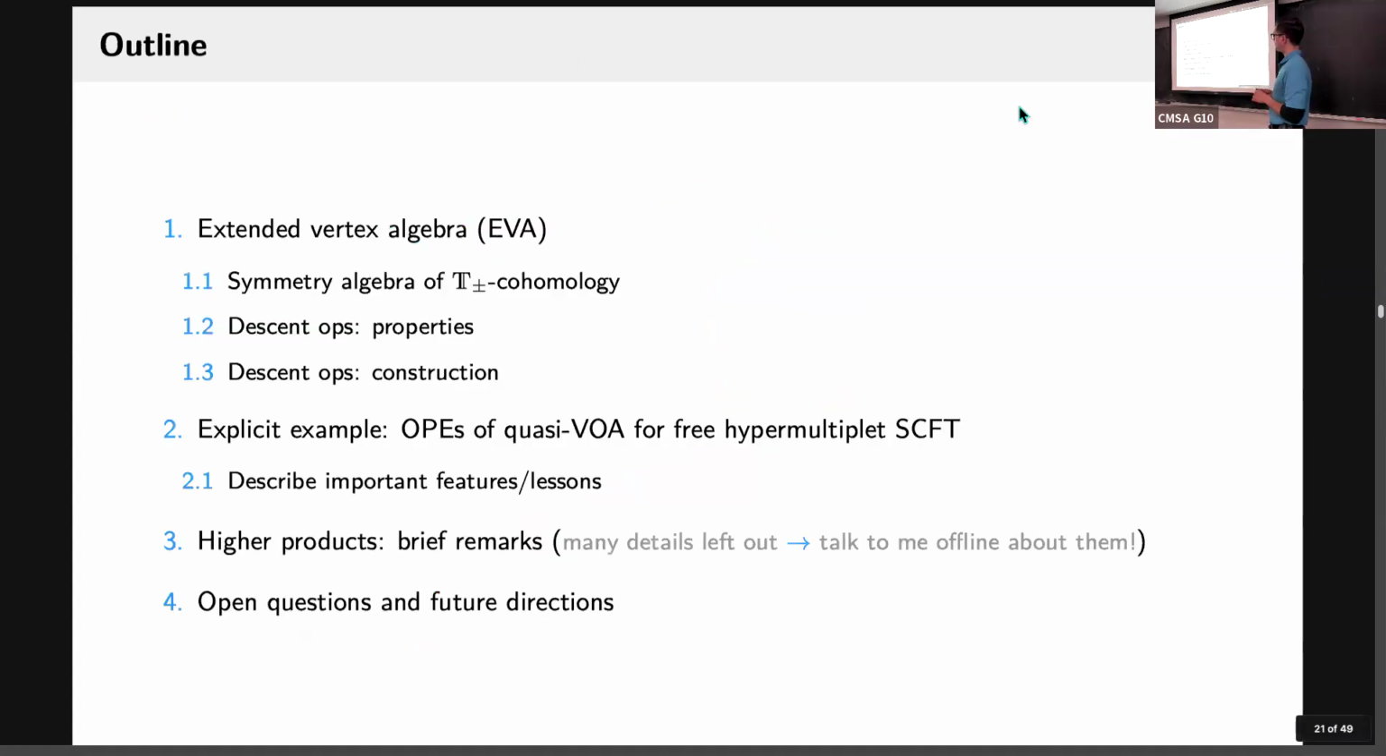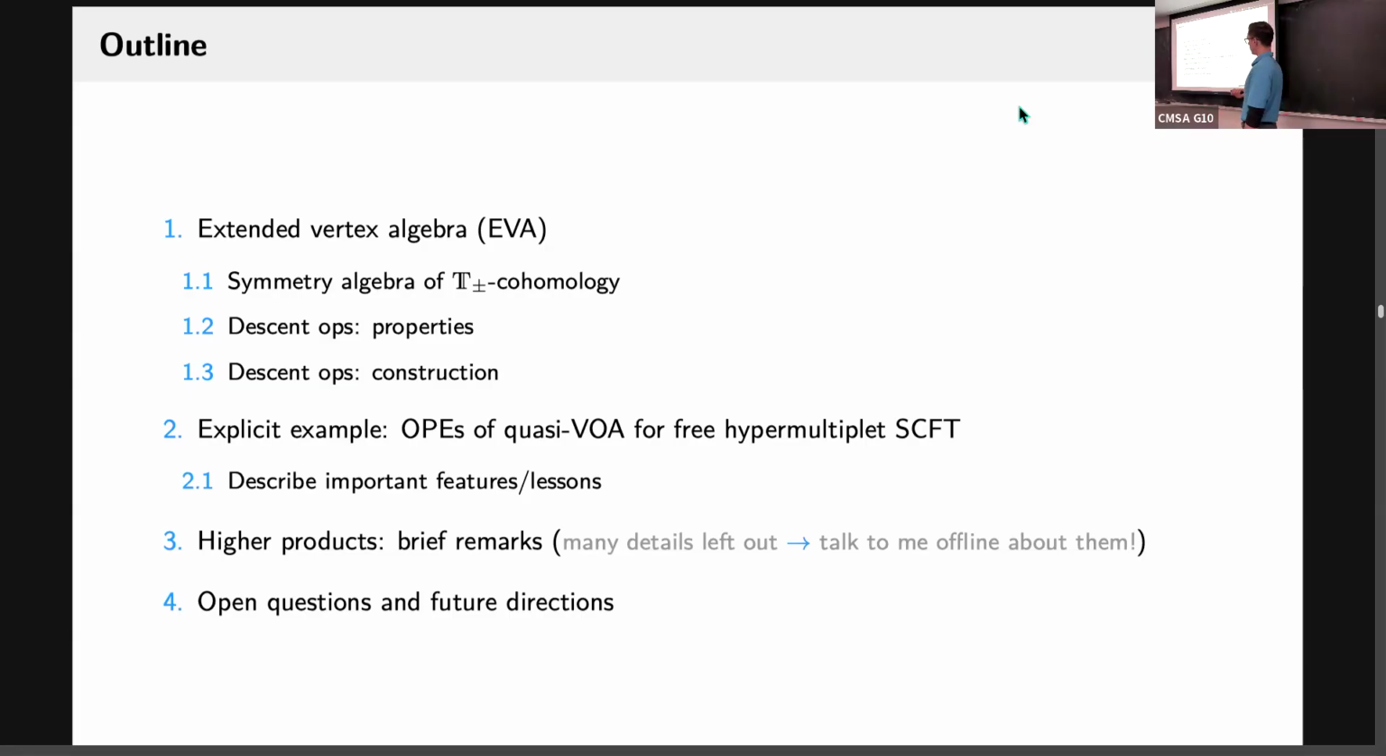Okay, so here's an outline of the rest of the talk. What's going to come up next is an overview of the symmetry algebra that is picked out within this cohomology setting. And then I'm going to go over the properties of the descent operators and also go into some detail about their construction and this generalized descent procedure that I made reference to. And then we'll go over an explicit example where I'll flash some of the OPEs for the quasi-VOA of a free hyper SCFT. And I'll try to highlight some of the important features and lessons that we can take away from that. And at the very end, if I have time, I'll make some very scant remarks about